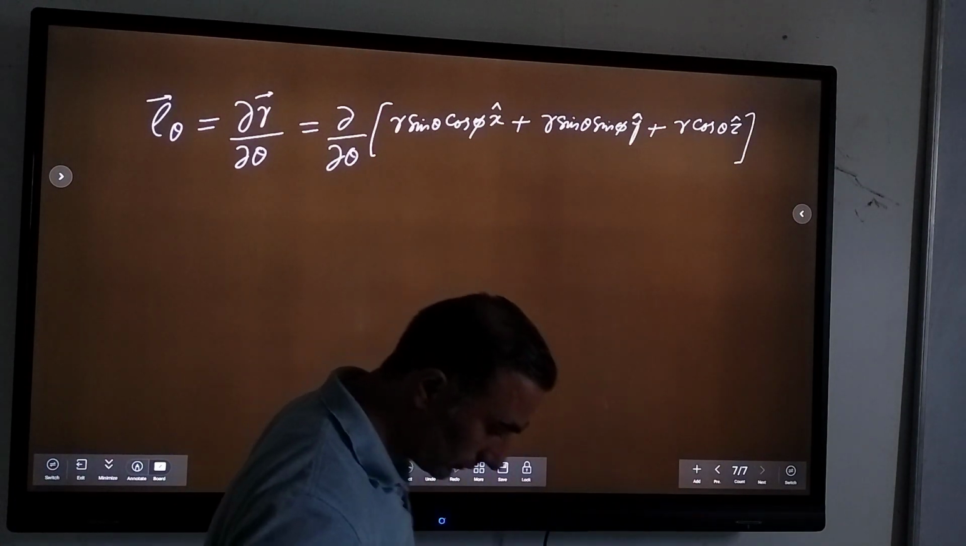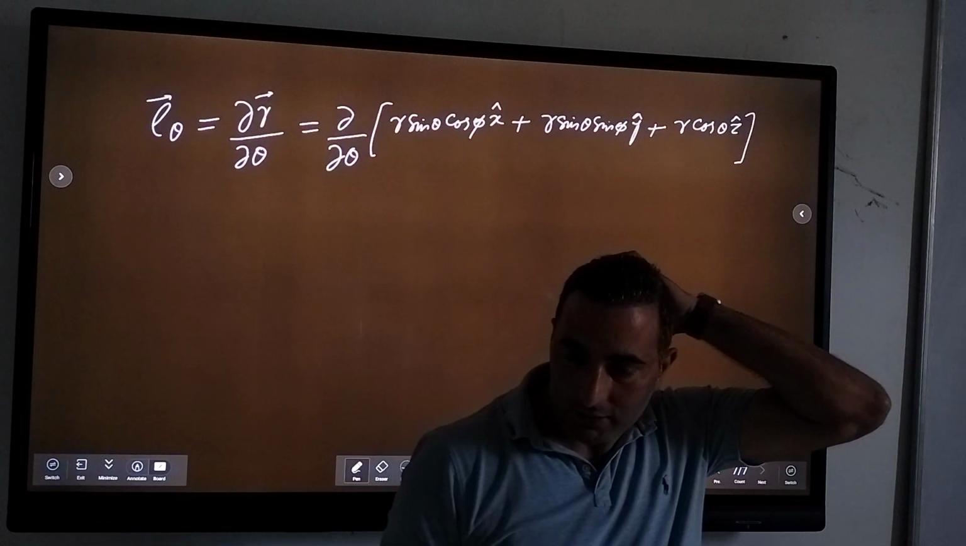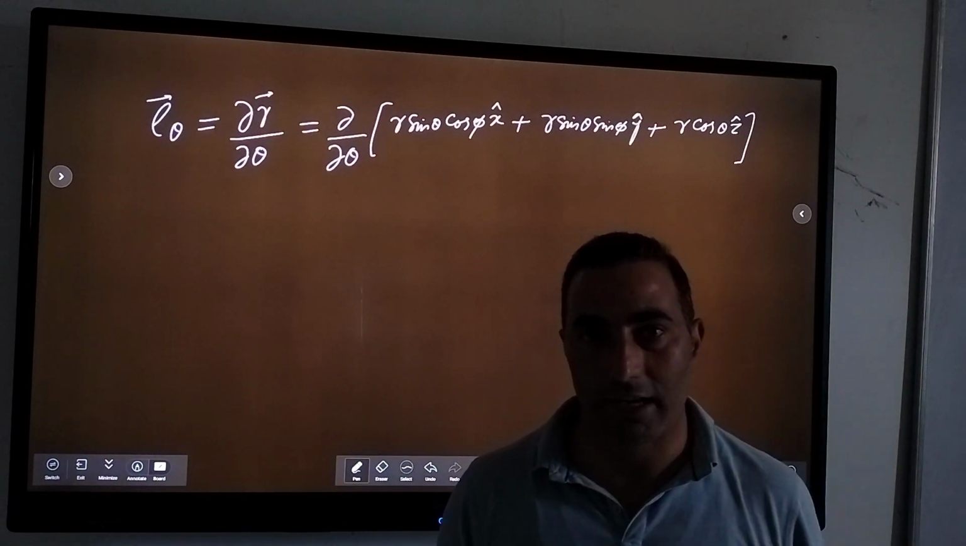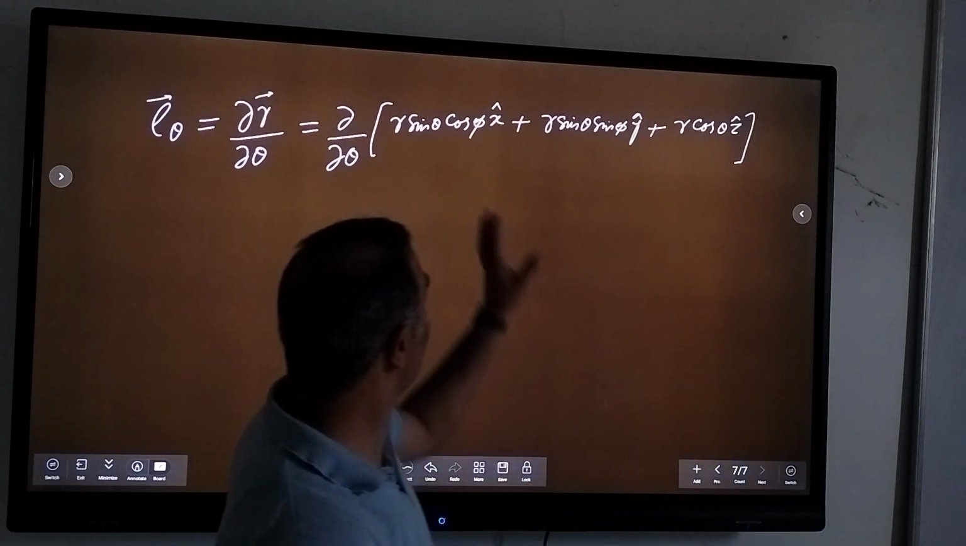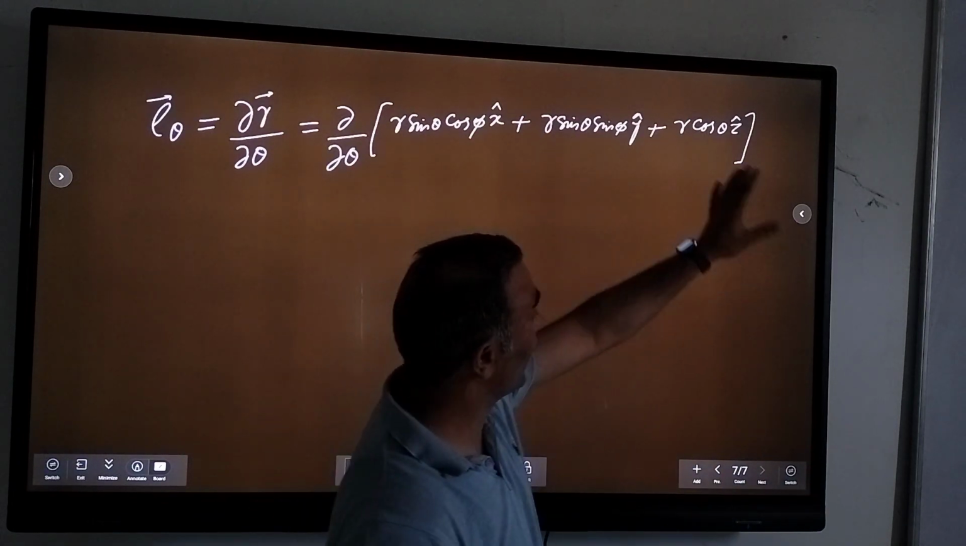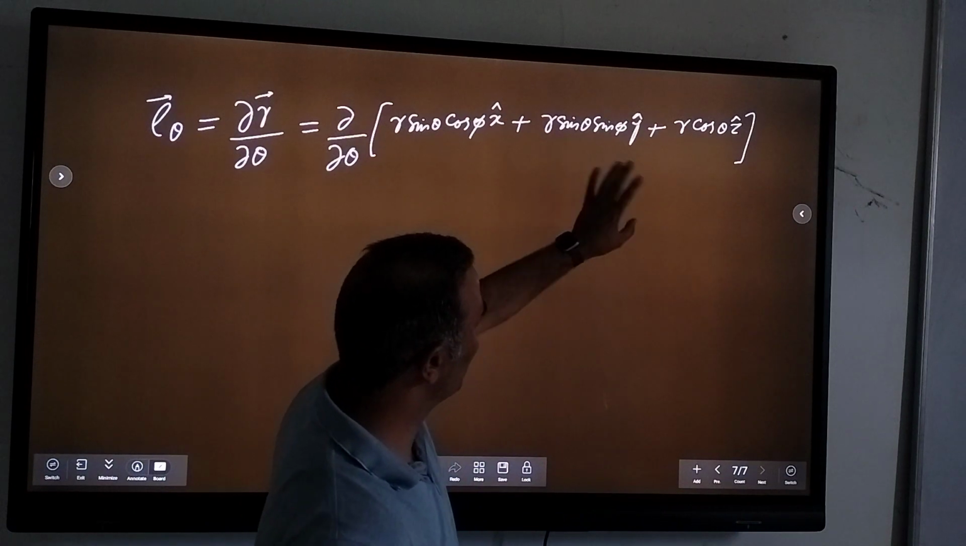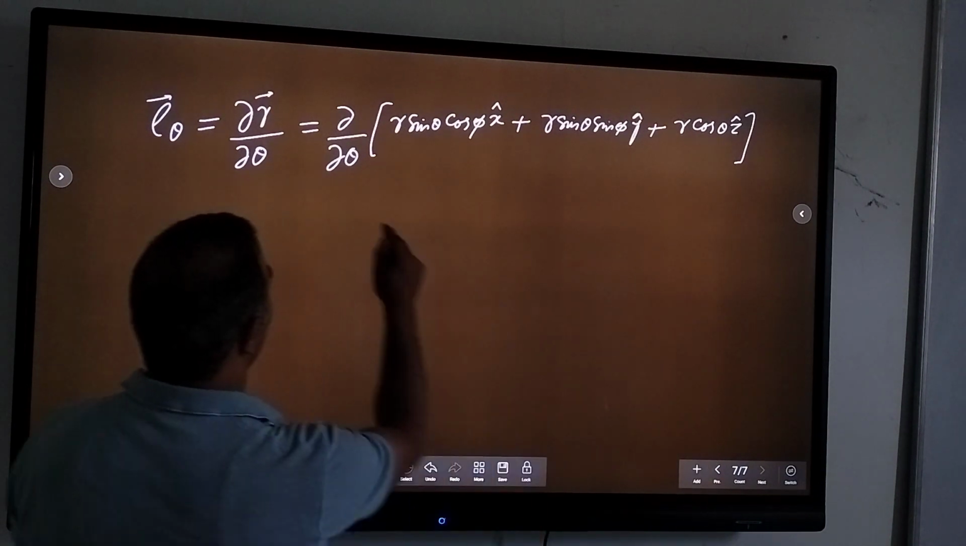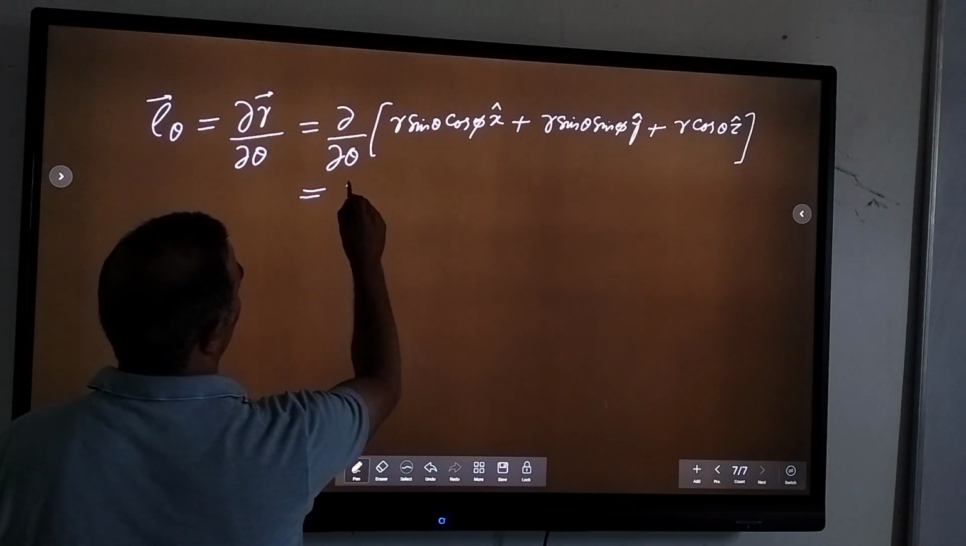Okay? I simply use that x r cap, y r cap. So x in spherical polar is r sin theta cos phi, y is r sin theta sin phi, and z is equal to r cos theta, right? So I simply use that. Now we need to differentiate it partially with respect to theta here, right? So that means this will be equal to,